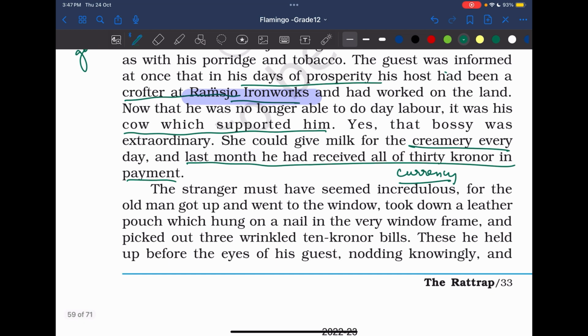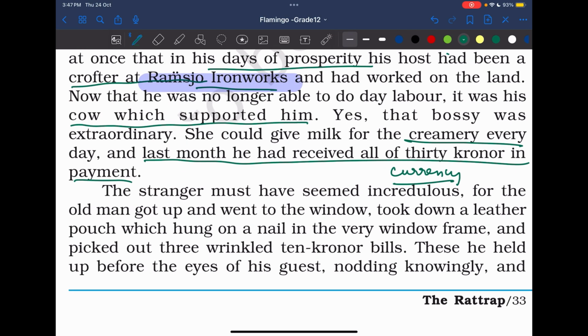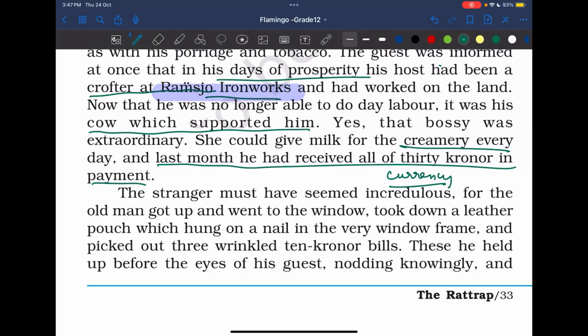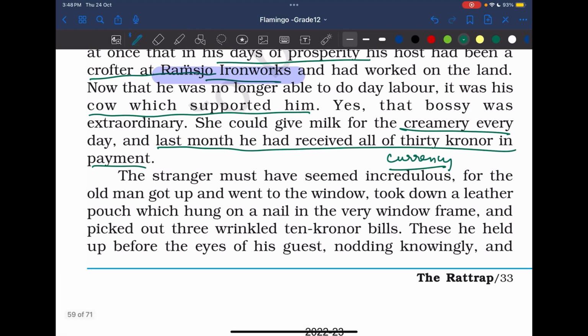right? So now just see this man, peddler, who is famous for stealing and begging. Will you accept this? How the old man told everything to this man. Just see कितने level तक old man lonely है कि he did not even think one single time to share all the small details, every small detail with this peddler, जो देखने में ही इतना weird लग रहा है. So strange. The stranger must have seemed incredulous, for the old man got up and went to the window, took